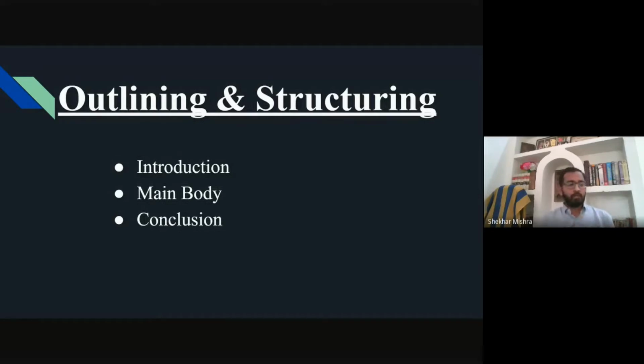Then comes the main body. In the main body, you have to take care of chronology and category. You have to mention everything in a chronological order, and categorically divide. Keep the first part, it contains the main theme. In the second part, we mention the causes and effects of the topic. In the third part, you mention problems and solutions for that cause and effect.